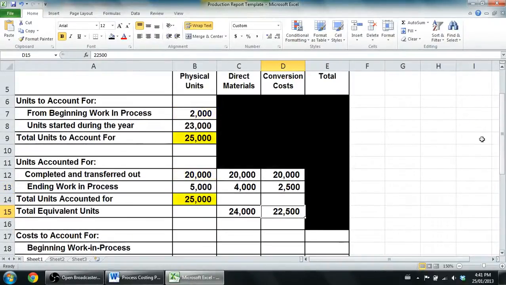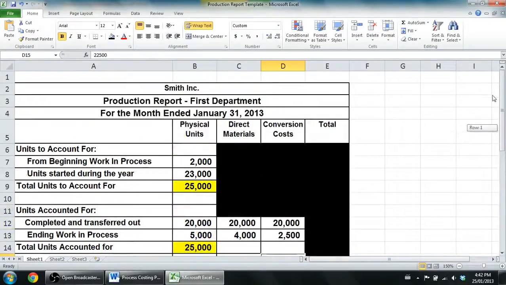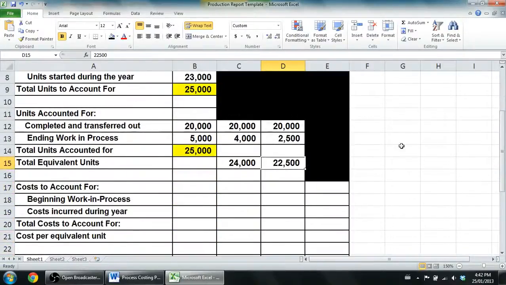Okay, let's move on and let's take a look at the costs and how to account for the costs. Maybe actually I'm going to split up the costs in the second half of this into a new video. So I'm going to stop this video here. In the next part, we're going to complete the production report, and I'm going to explain kind of what's going on in the bit of analysis of this production report. So we'll stop this video here. We'll continue the production report in the